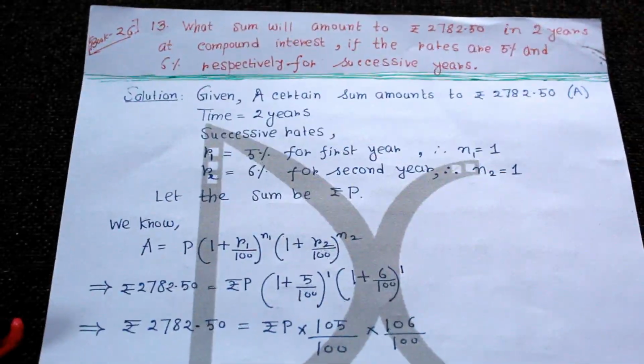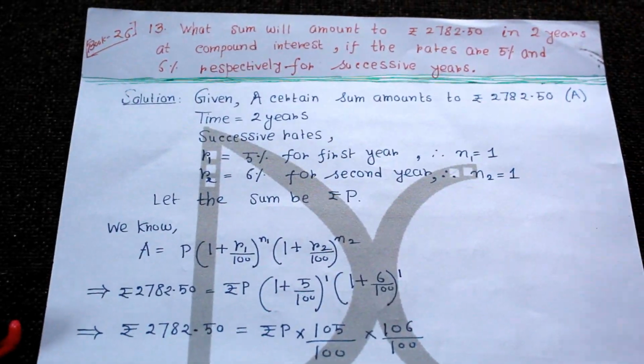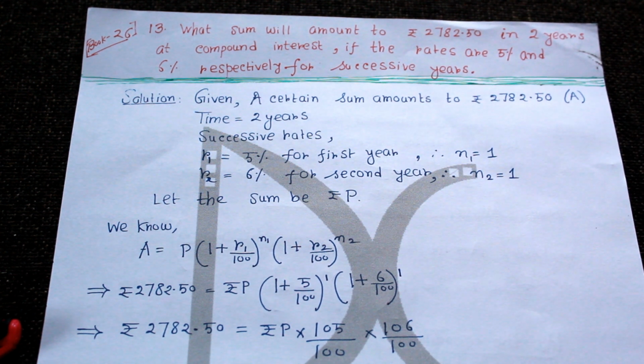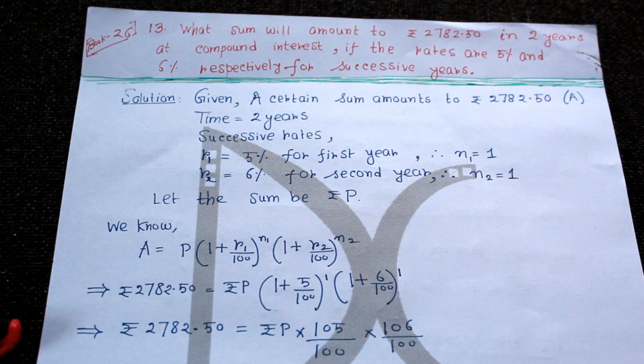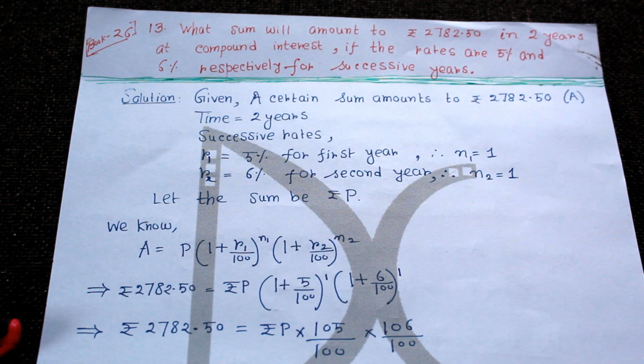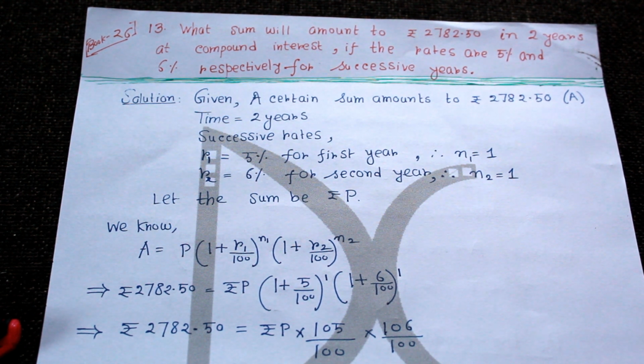Okay, see what they are telling in this question. Now see what we have done. We have already studied some of the sums. We have studied the standard, direct questions where we find the amount directly when we get the time, compound rate, percent and everything when we get the principal. Then we have studied how to find the compound interest and the amount.